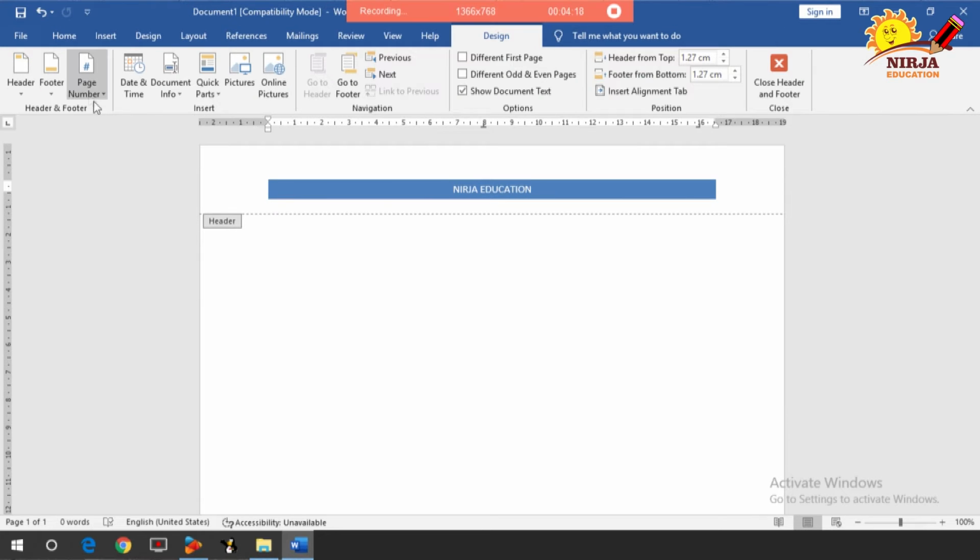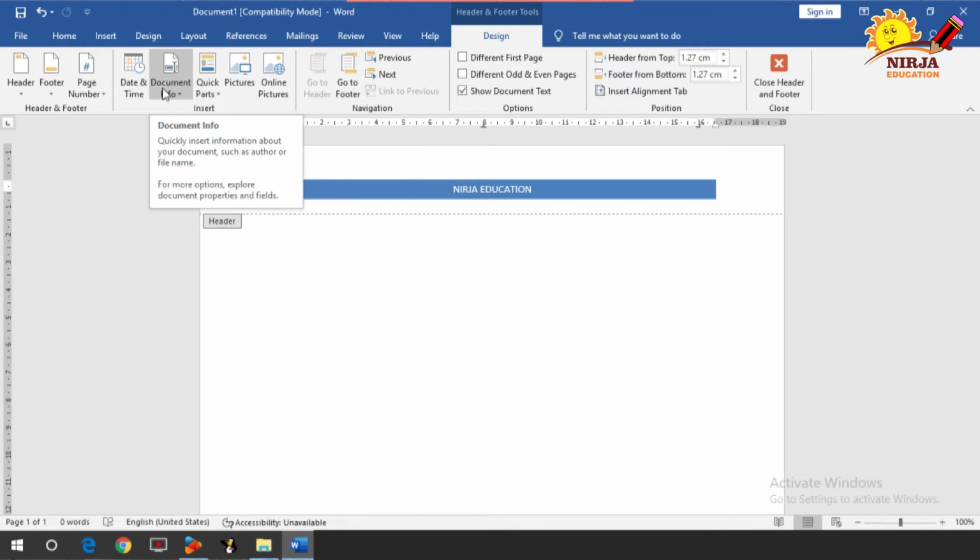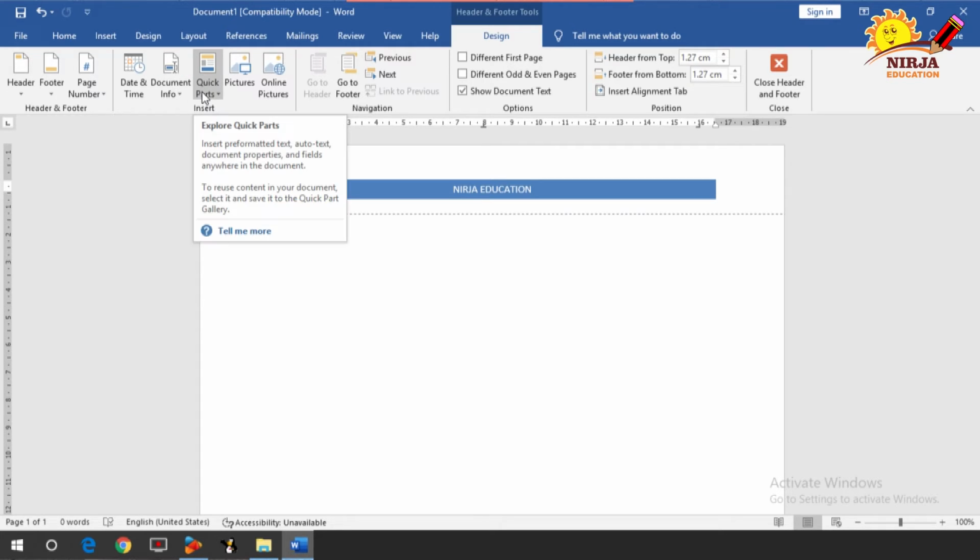Double click on that again, and as you can see, date and time will add the current date or time. Then document info will insert information about your document such as author or file name. Then you have the quick parts which will insert the auto text, document properties and fields anywhere in the document.